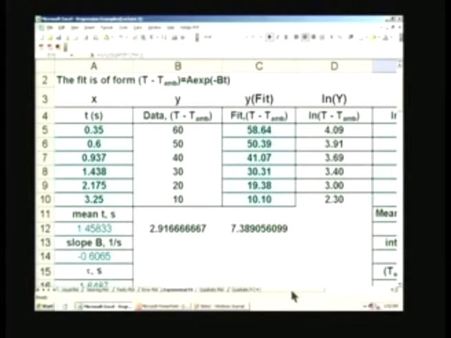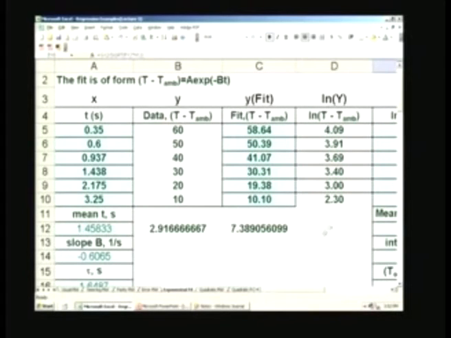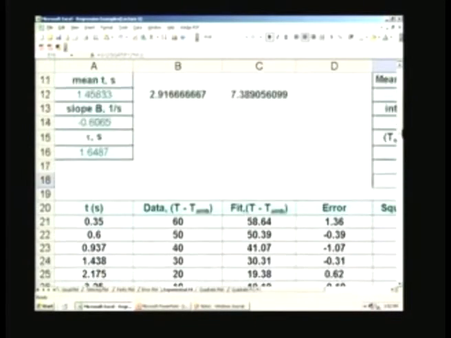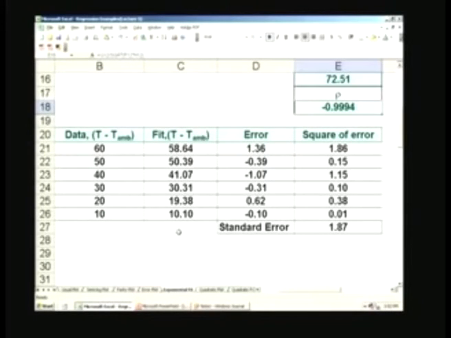So one can also do that. In fact, one can also do the following. I want to calculate what is the expected error in this fit, or the so-called standard error in the fit. So for that, I compare the data with the fit. I have written here the numbers corresponding to the fit. How do I do that?